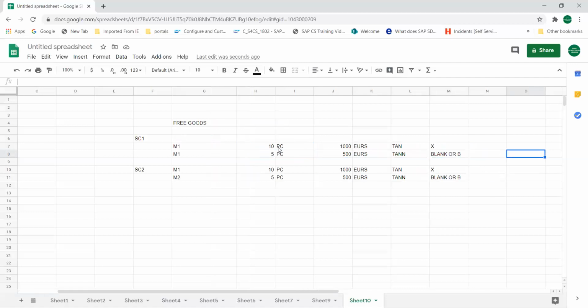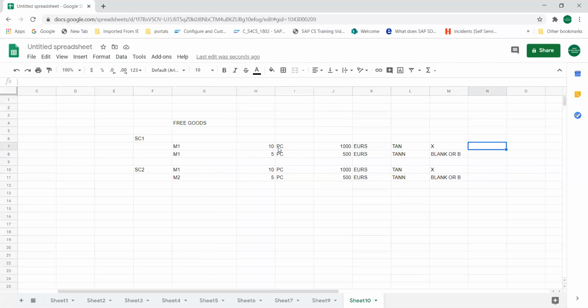So you have a couple of cases. In one case, you don't tell your customer the 500 euros worth; it is blank, and you cannot see the worth of these 5 pieces. In another case, you can see how much the worth is, but you are still not adding that value to your net value.